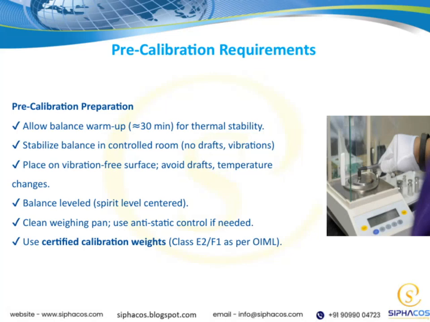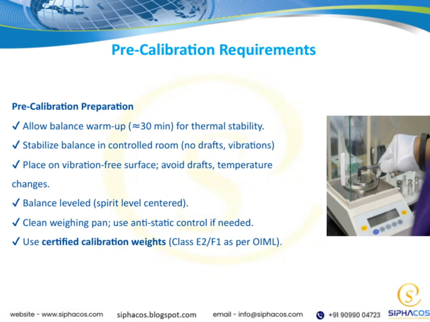Now, let's talk about the pre-calibration preparation process. First, it's important to allow the balance to warm up for about 30 minutes. This helps ensure thermal stability, which is crucial for accurate measurements. Next, we want to stabilize the balance in a controlled environment, meaning no drafts or vibrations that could affect the reading. It's best to place the balance on a vibration-free surface and avoid any drafts or temperature fluctuations around it. Make sure the balance is properly leveled, using a spirit level, with the bubble centered. This step is essential for ensuring accurate weighing